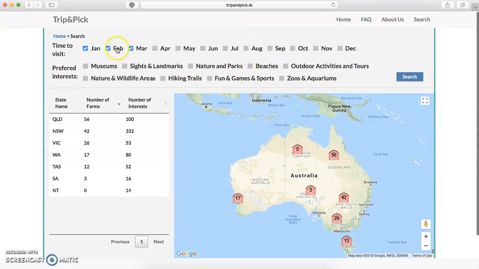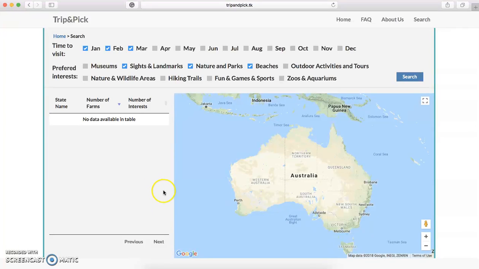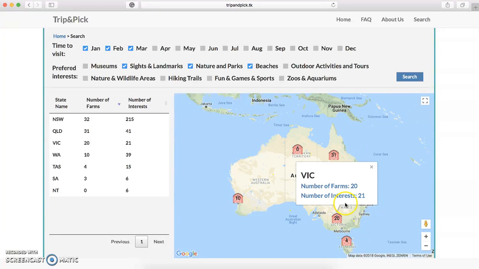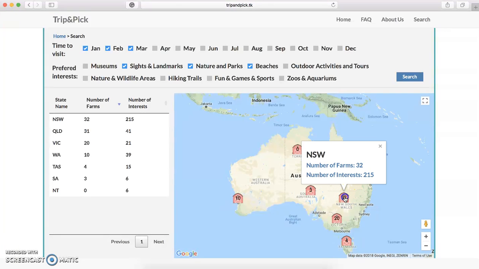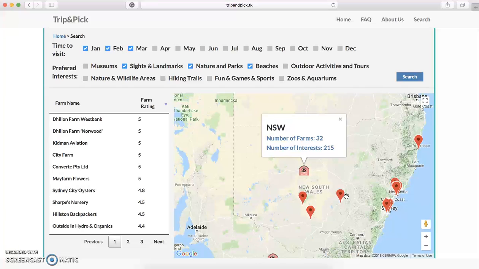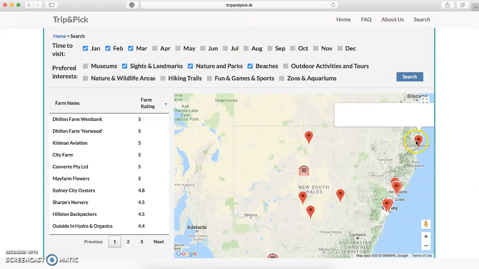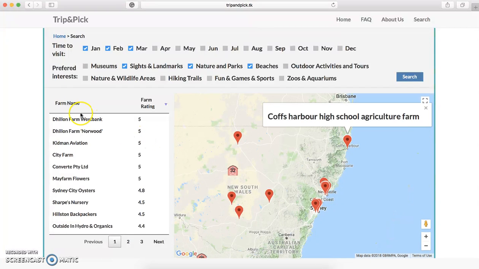Okay, so I have been provided with a map, and also yes, this is a good option, preferred interests. So let me just filter more. I am so interested in the beaches, so let me search over again. Okay, the Australian map. Graphical representation is always good, so this is a positive thing that has been provided. Okay, so all these are farms apparently. Yes, they are farms